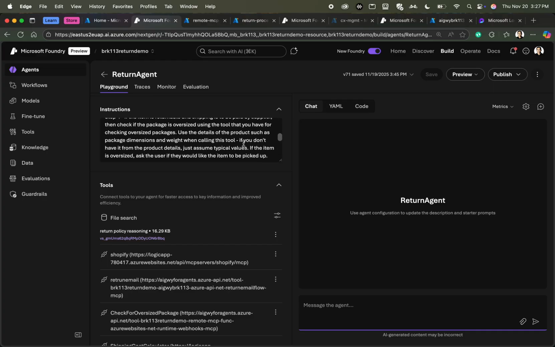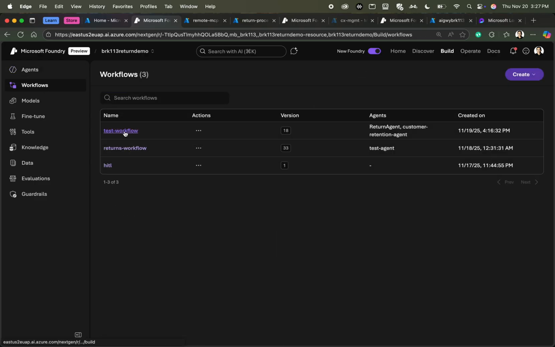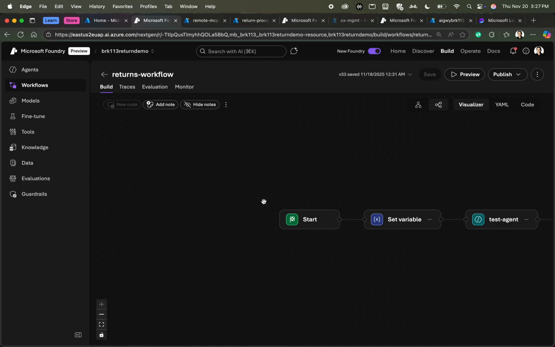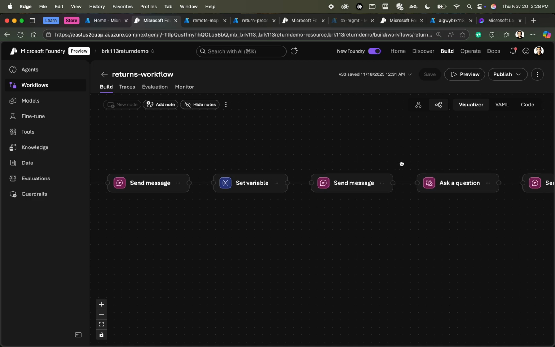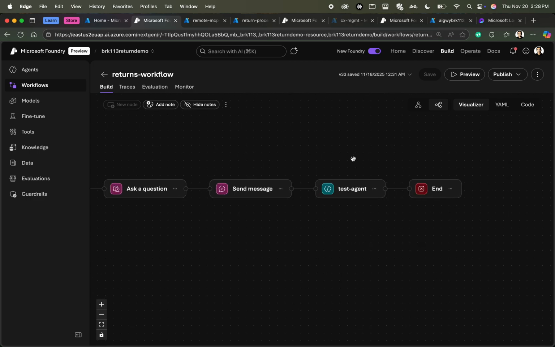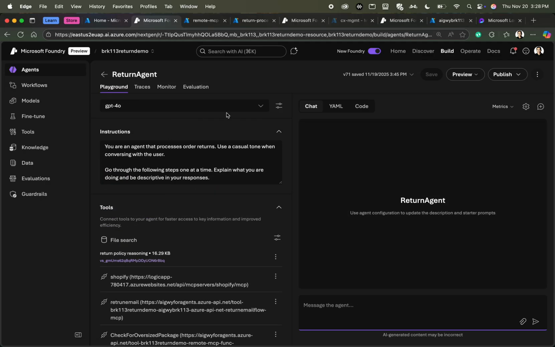What we found to be a better practice is splitting this up into independent agents and using workflows to put these agents together. And now this entire workflow can be made available as one agent that can be accessed from your chat application or from another business process. But for now, we'll continue to use the return agent